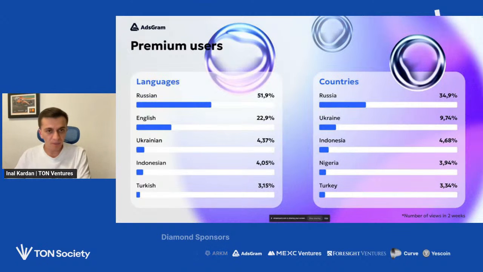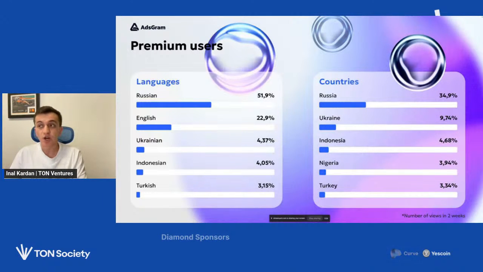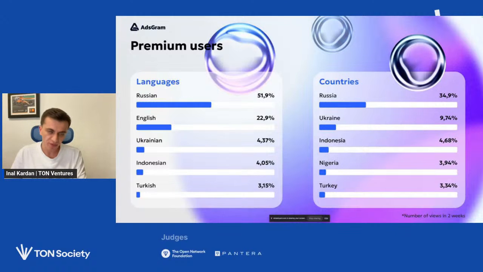And about premium users, because as I already said, AdsGram and Telegram ads offer you a targeting option to show ads to Telegram premium users. According to AdsGram statistics, most premium users have Russian language on their device.